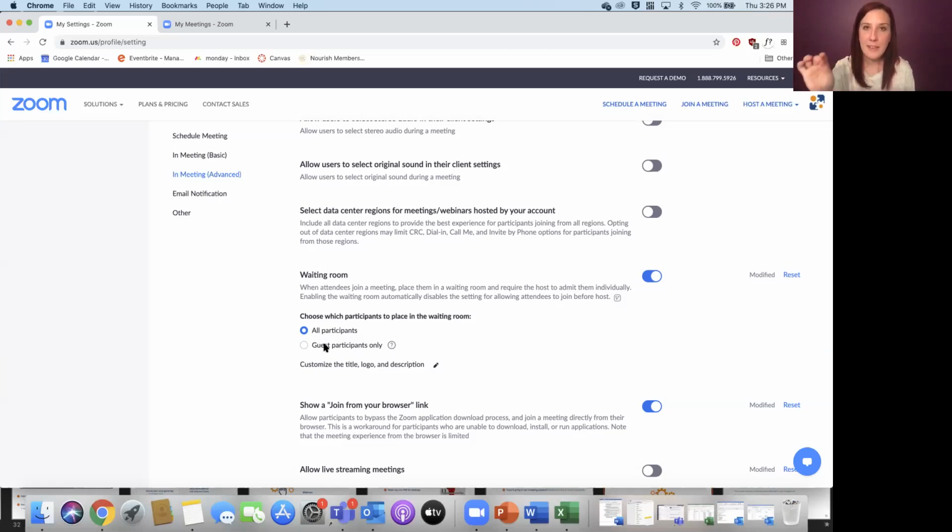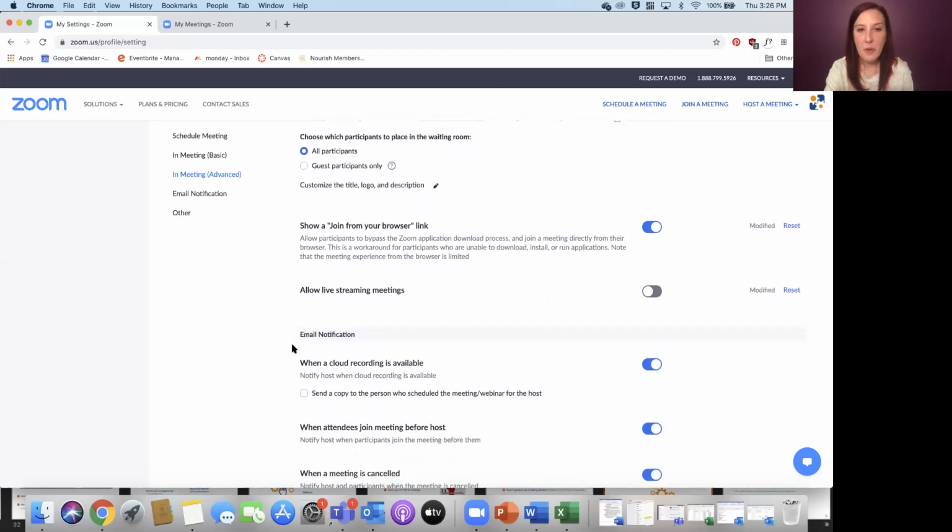In most cases, unless you have Zoom for every single person within your organization, you're going to have a lot of guests unless you give everyone in your office a user account. So I recommend that you put this just to all participants because pretty much everyone is going to be a guest anyway.